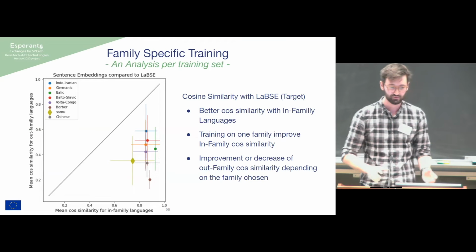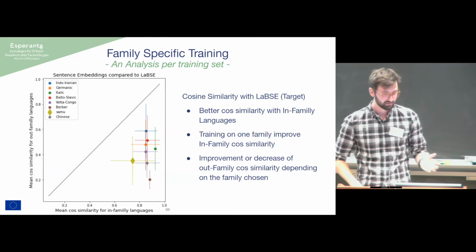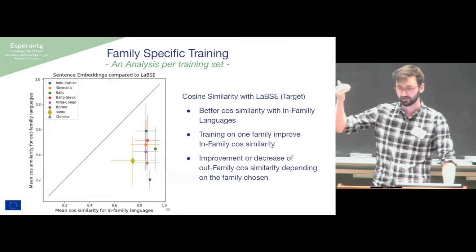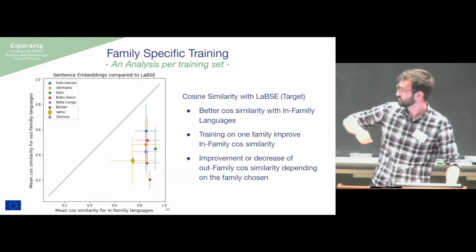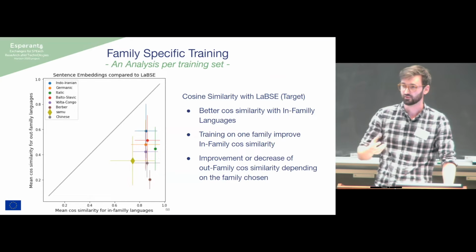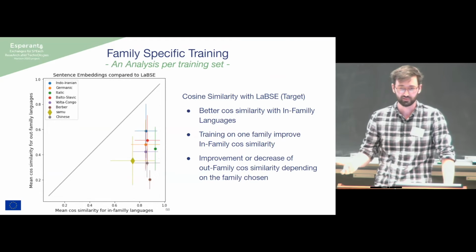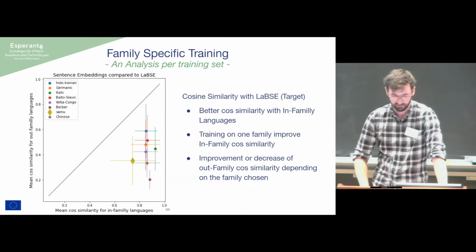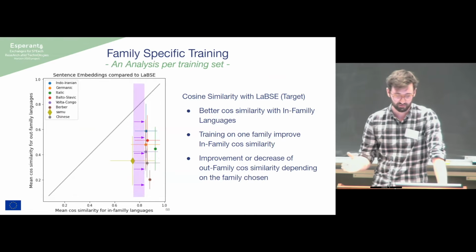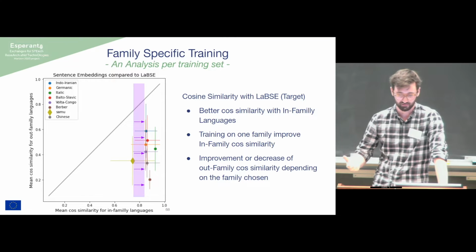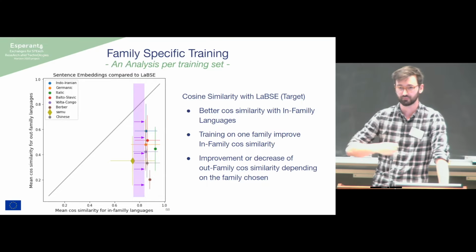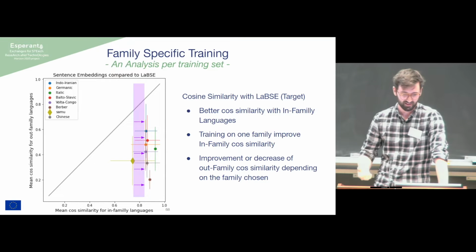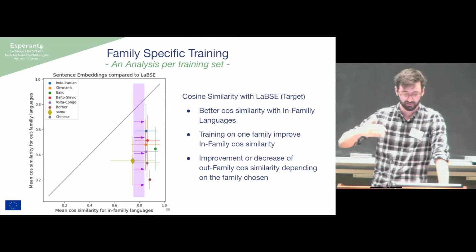Let's first focus on the LaBSE graph. What can we see? The first thing is that all the points you see are under the x equals y line I plotted here. So obviously you have a better similarity for in-family than for out-family. That makes sense, because you are trained on the in-family, so you are supposed to get a better similarity. Then second, you can see a shift toward a better in-family similarity. By training it a bit more on fewer languages, you get better similarity for your family. And then for generalization, you can see that depending on the family, you get better or worse out-of-family performance.